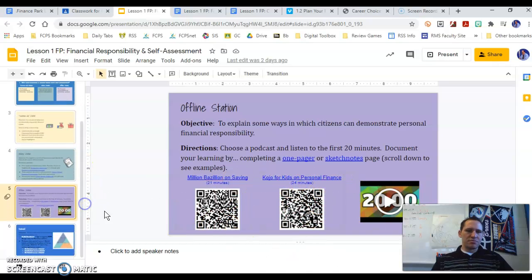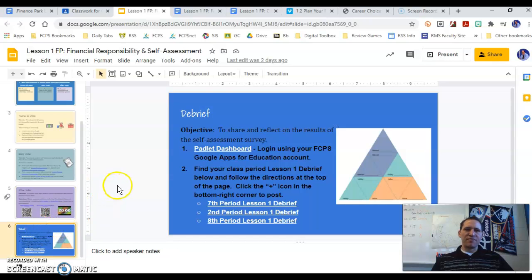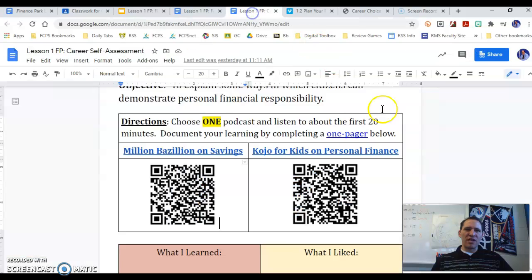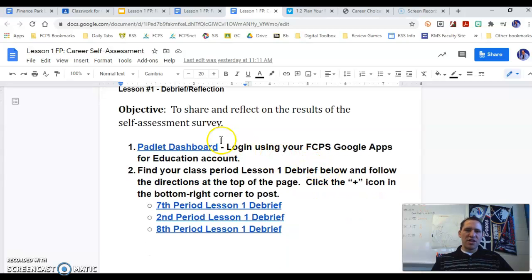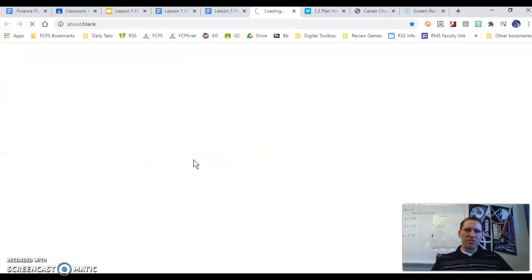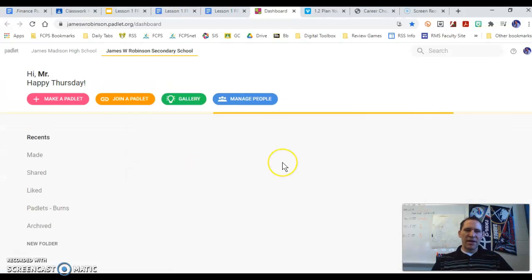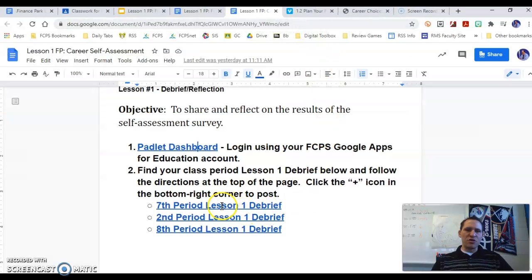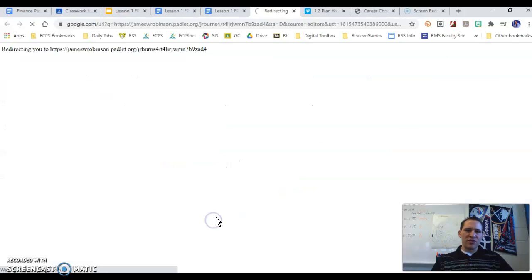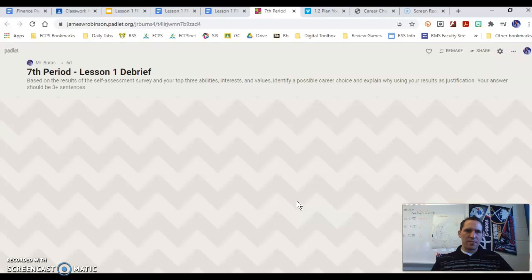All right. And then the last thing to do is the debrief. The debrief is located on this document, or you can access it through the Google Slides presentation. First thing you do is you log into your dashboard. My dashboard looks a little different than yours, and you log in with your FCPS account. And then you click on your class period 7th, 2nd, or 8th, and you complete the activity. So if I go to 7th period, I'm going to use that as my example. What I would do is click this plus in the bottom corner,